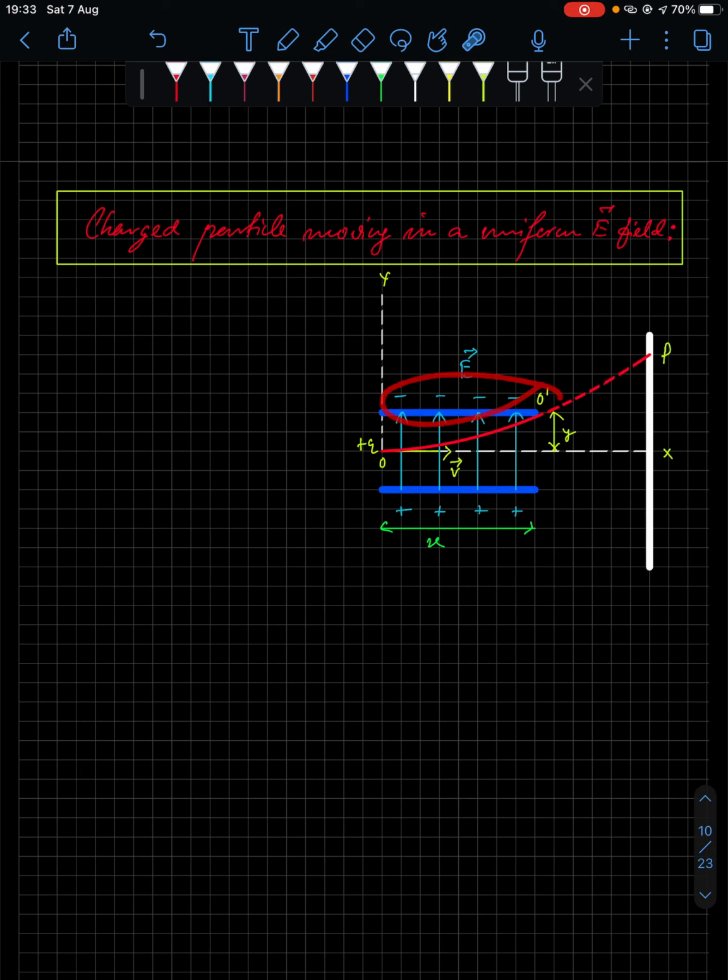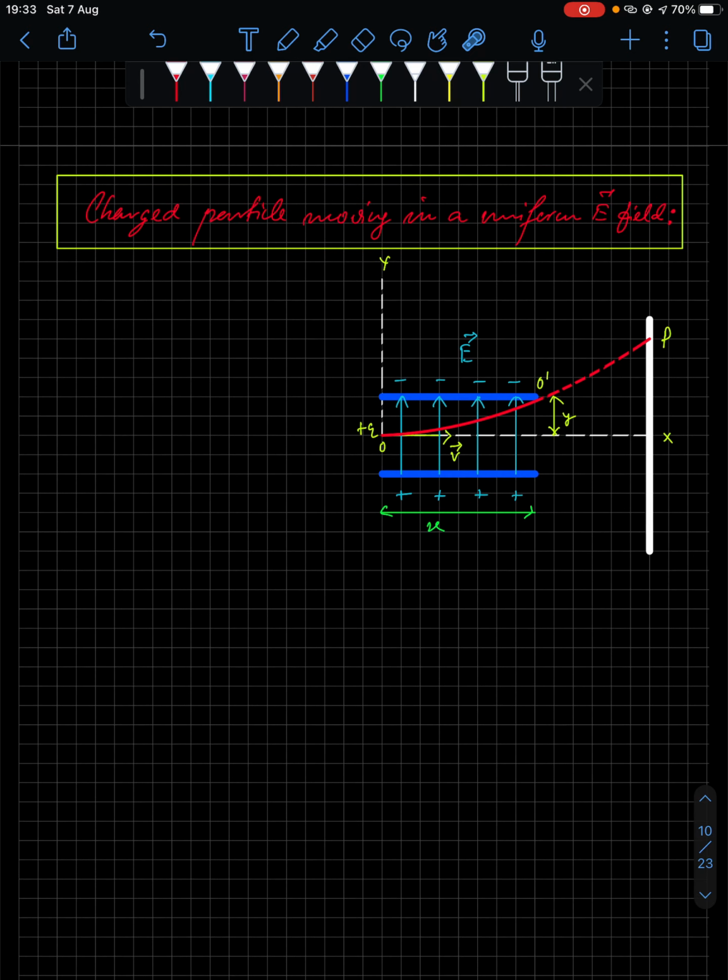So a diagram is shown over here. You have two plates. One plate is negatively charged, the other plate is positively charged, and therefore the electric field will be along this direction, right? Electric field is always from positive to negative charge. Clear? Now you have a screen which is placed here, and you have a point P here. You fire a positive charge. Say this distance is x, this is the x-axis and this is the y-axis.